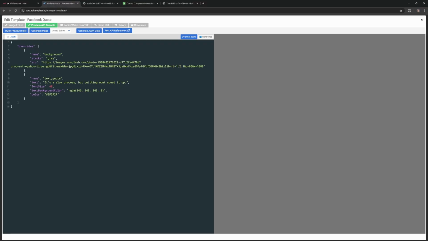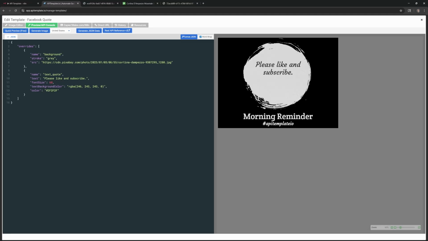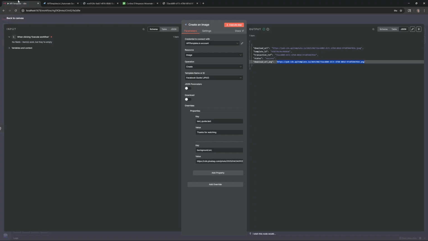So if you wanted to experiment and play around with this before you actually build it into a workflow, you can actually come in here and change this stuff. And if you click on this quick preview and you see it free over here, you can mess around with this information first, run this, and see if it comes up the way you expect it to over here. And then once we get back on n8n, you would just change this source, the text, for instance. And then in here, what you need to do is copy the brackets, not the curly braces. So you don't want to include the override or the colon, just bracket to bracket. And go back into n8n.